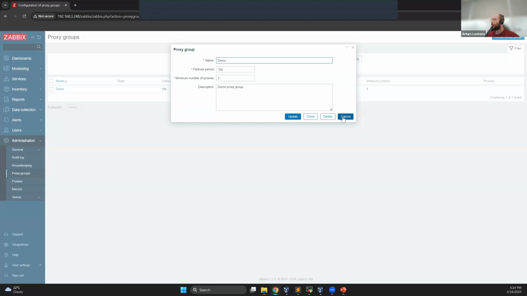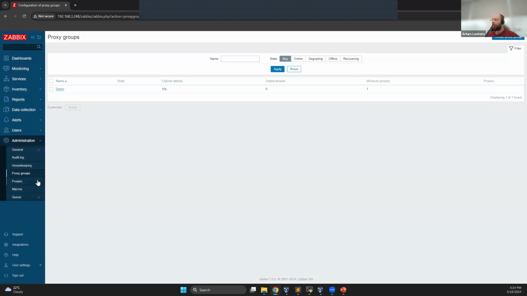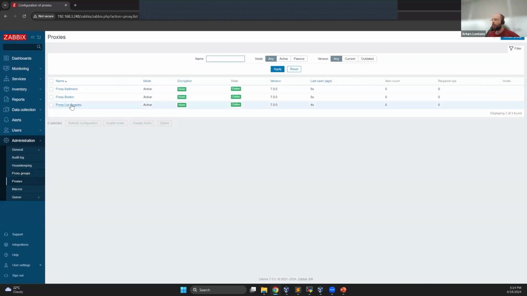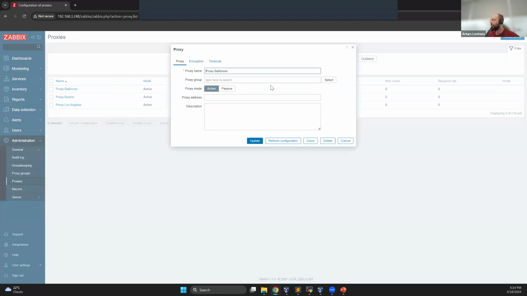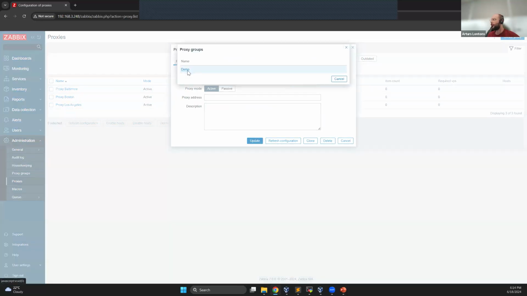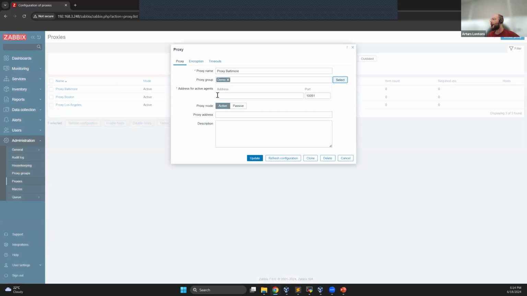So we have a proxy group. We have our proxies. Let's go to proxies. We'll click on each one of these proxies. I will assign them to a proxy group, right? And here we have a new parameter, address for active agents. This is what is used in the redirect messages sent to active agents. So I will type this in, 248, and I think I had port mappings saved somewhere. Let me do